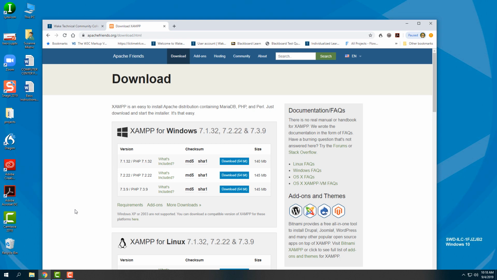Now the first thing I see at the top of the page is download for Windows, and I'm going to download PHP 7.2 and this 7.2.22 version. Instructors may suggest one of these other versions, or this version may change in the future. You know now how to go find the version that you need and select it. So I'm going to click on Download 64-bit, the button to the right of the identifying numbers of this version,